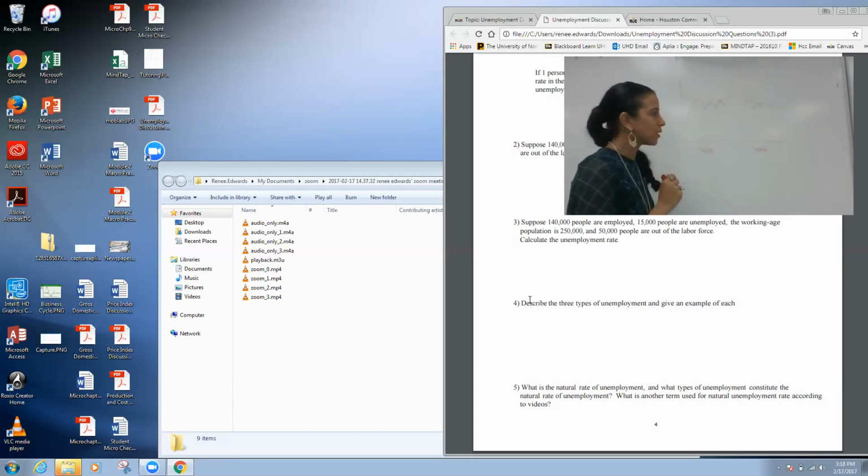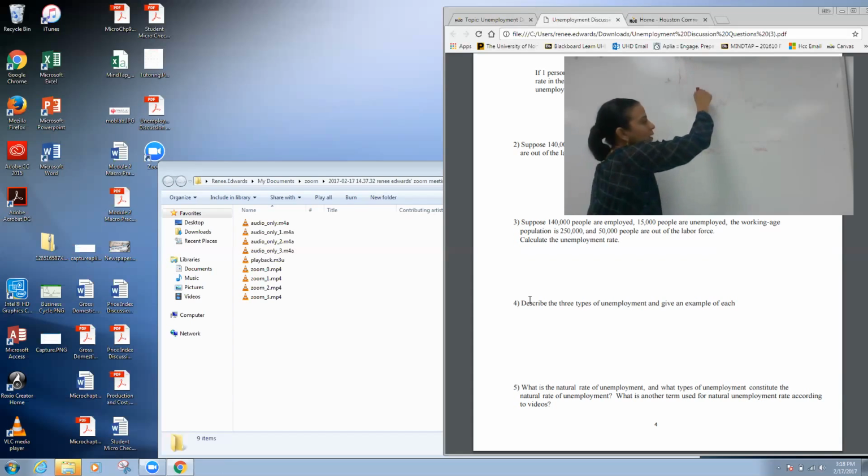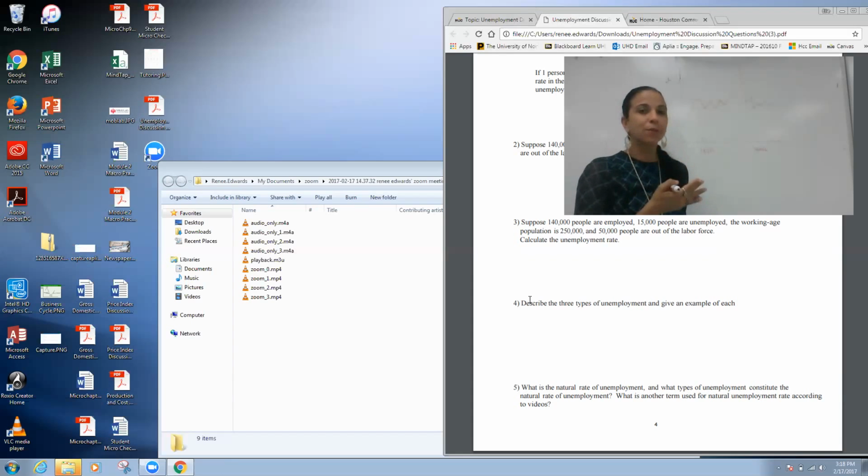And so what we're saying with the natural rate of unemployment is we will never get down to 0% unemployment. This is the unemployment rate, right? Because there's always going to be someone who's either frictionally or structurally unemployed. There's always going to be somebody becoming 18. There's always going to be somebody who changes jobs and moves to another area. There's always going to be a student who's going to graduate. So in order to account for that, the government says it's acceptable to have some amount of unemployment, what we